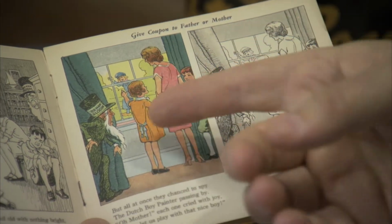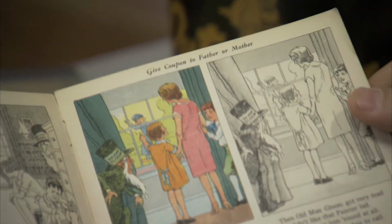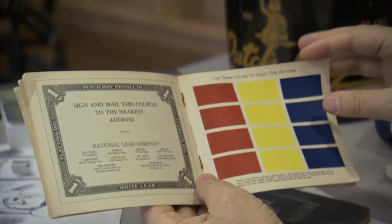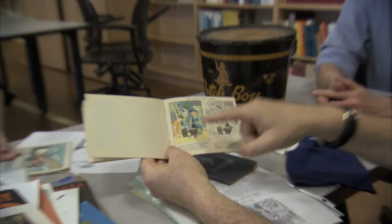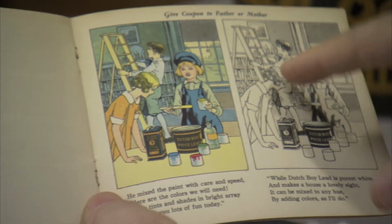the mother notices the Dutch boy painter walking by, invites him in, and the children are encouraged to paint in their little booklets and to tell their parents to buy their paint. And then the Dutch boy painter comes in and shows them how to mix paints. The Dutch boy white lead, which is basically this stuff, how to mix it into different hues and different colors,